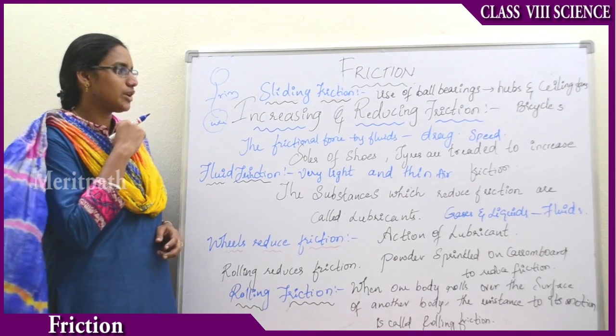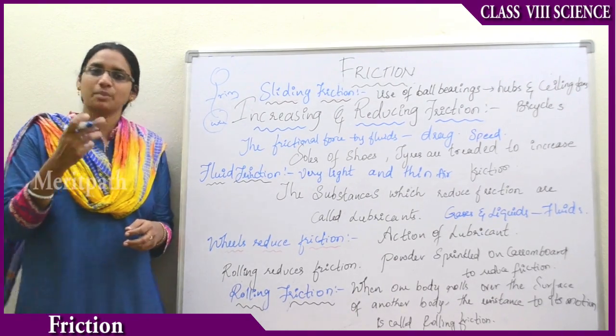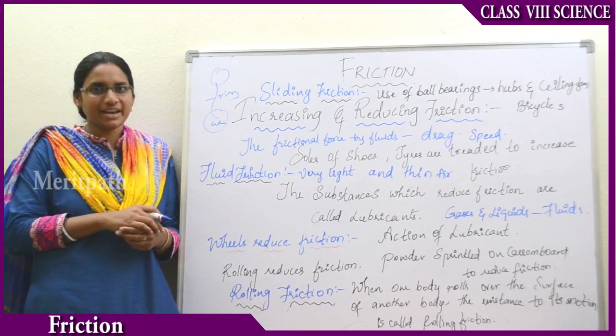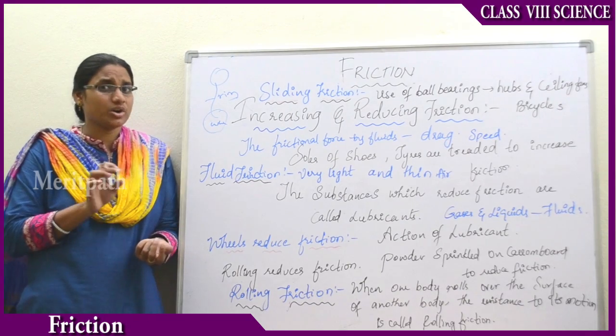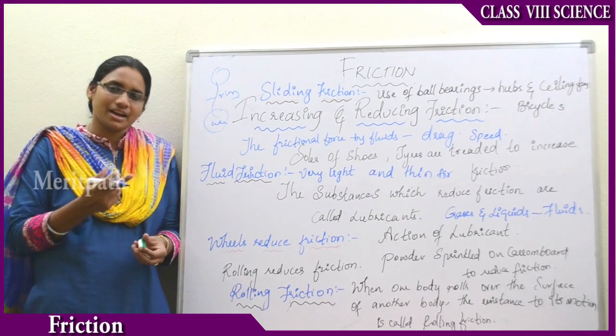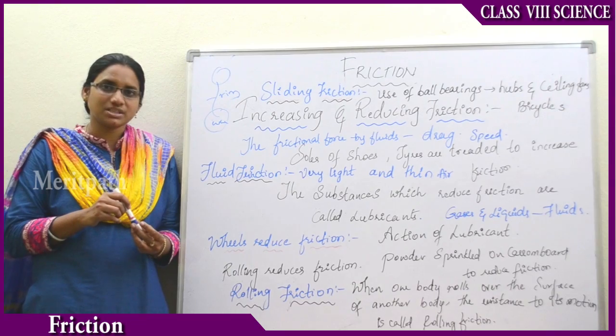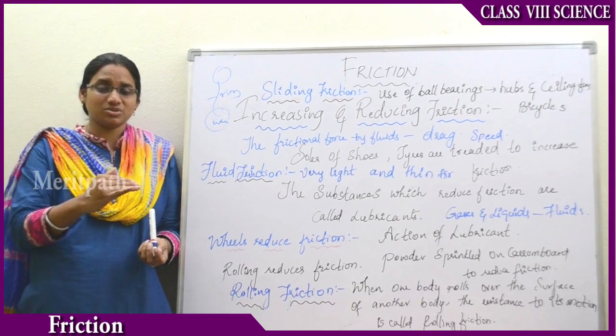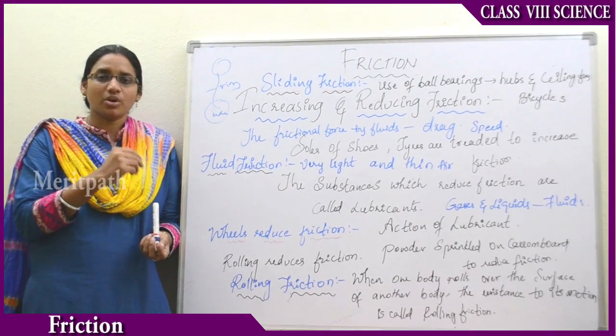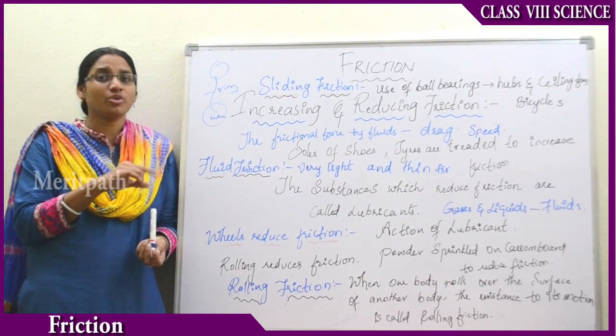Let us take one more example for reducing friction, that is when you are playing on a carom board, right? If you play carroms, you will be applying some powder in order to smoothen the surface of the carom board, right? That is because the surface will tend to smoothness, that is you are reducing the frictional force acting on the board, and thus the coins will move very fast and very